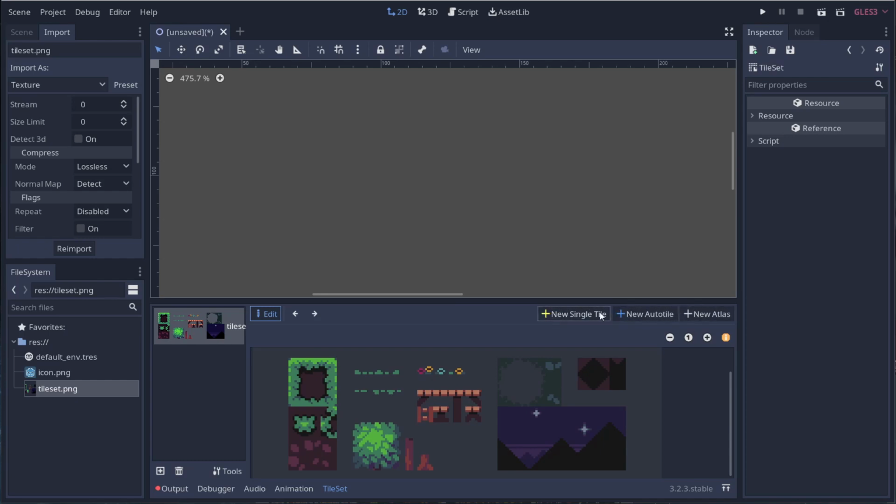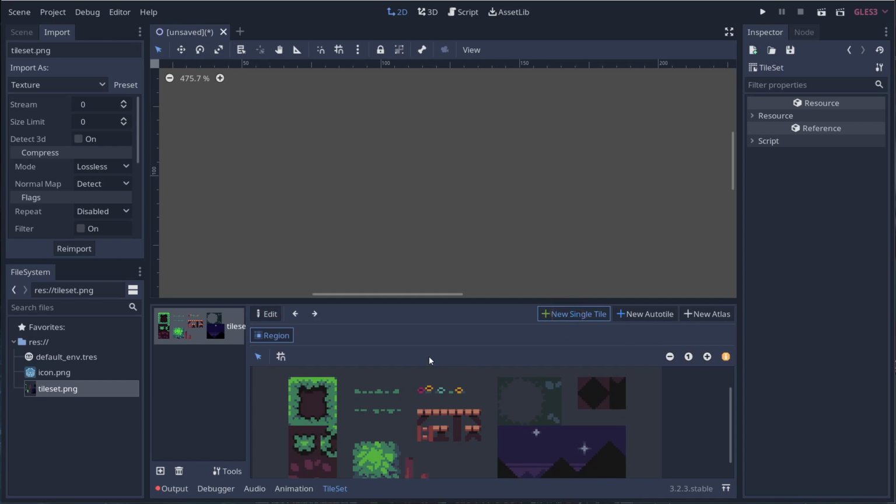Now I'm going to talk pretty much about new single tile and new auto tile in this specific tutorial, and maybe we'll talk about atlas later. But if you go ahead and click on new single tile, you'll see that some options come up right here. You have this little click and drag, and you have this little grid here. So if I just click and drag, you'll notice that I can click and drag and select things to turn